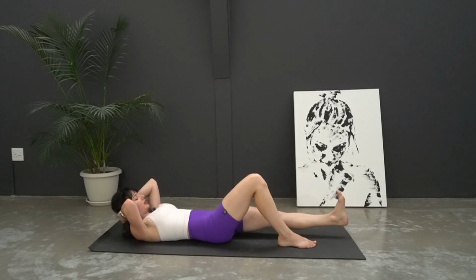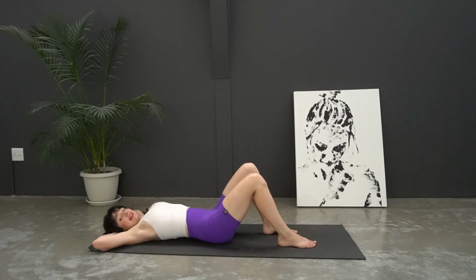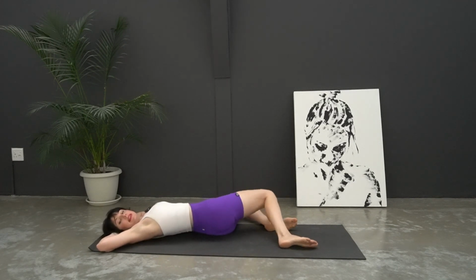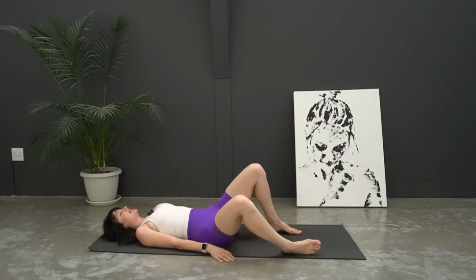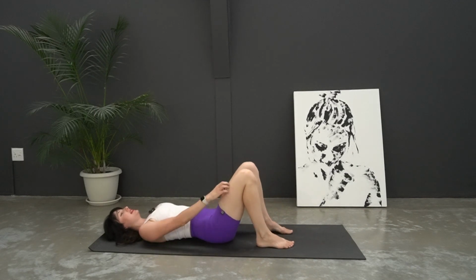Okay, last one. Point, lower it down, slide it back in. Take a rest, windshield wiper those legs. Just releasing the core, releasing the back. Okay, take your hands down towards the mat, and then bring the legs up, bring the feet in towards the